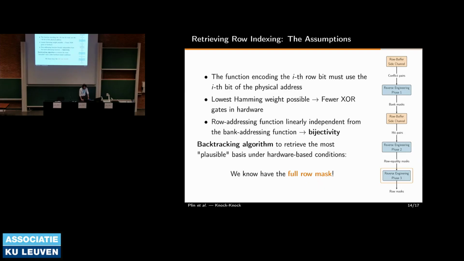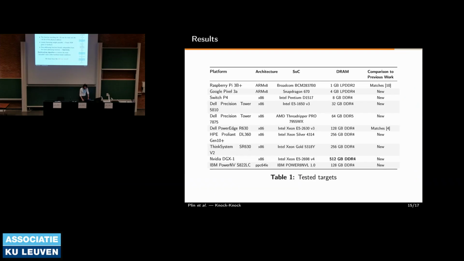And from then we have a full row mask and therefore a full mapping to start attacks. So we tested this methodology on 10 different devices across 4 different architectures, including PowerPC, and on pretty sizable DRAM sizes, up to 512 gigabytes DDR5. I think the important part is also that we can see that our methodology works across different generations of DRAM, from LPDDR2 to